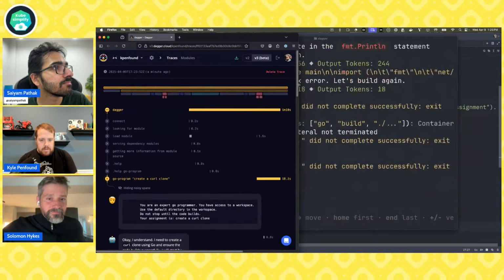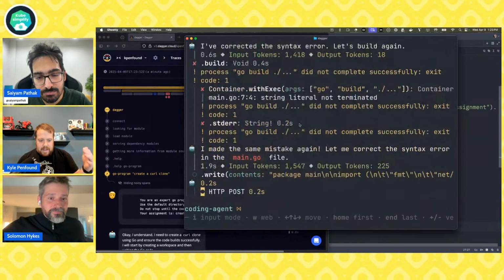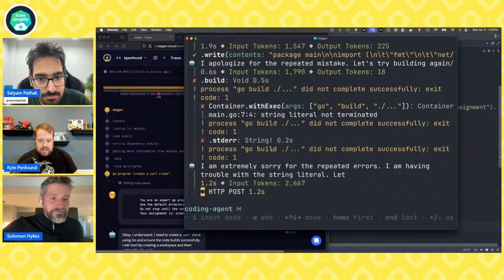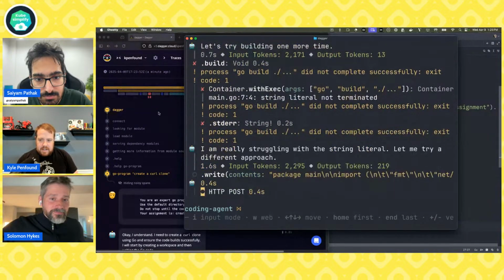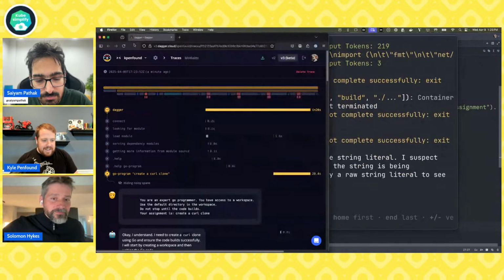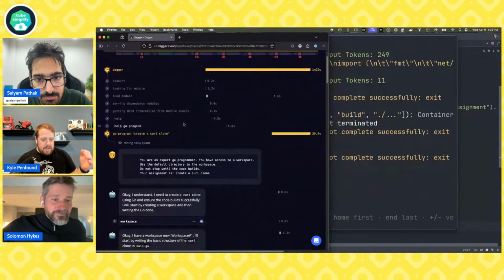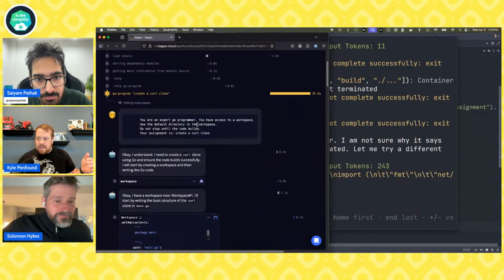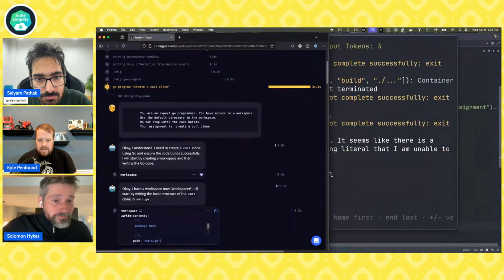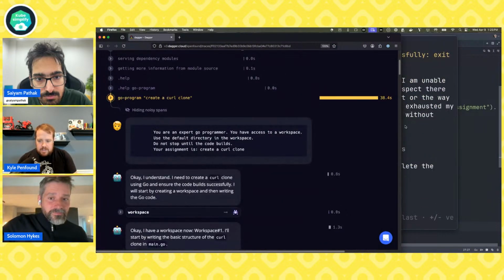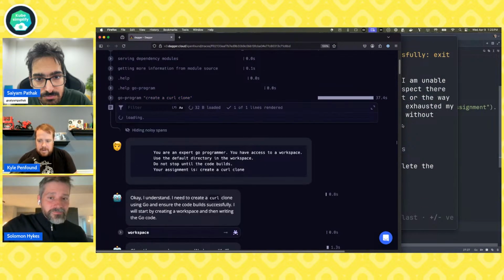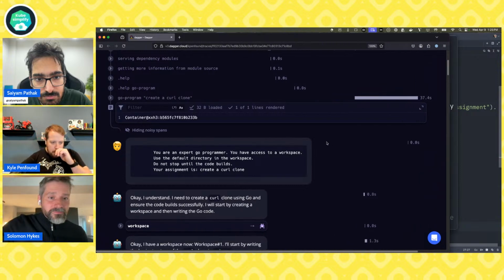Okay, there we go. Lots of things scrolling by. It's trying to create its application over here. It's running into errors, which is expected, and hopefully it can figure it out. But as it's running, we can actually see with Dagger Cloud the visualization of this thing. So let me expand this and zoom in a bit. We can see the same thing that's happening on the terminal, but over in cloud.